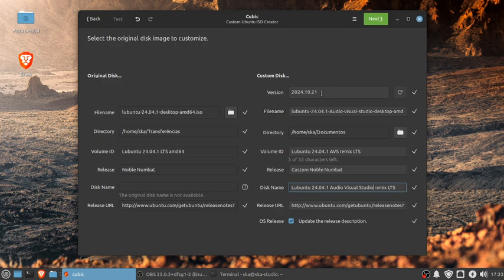Okay, this is what we got here. The version number is here also. So we got all the files here good. The release says it's a custom noble numbat anyway, so that's why I could take it away over here. So our base is now a Lubuntu